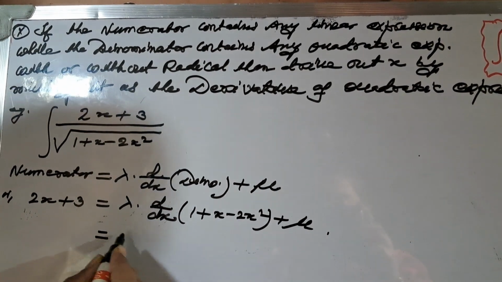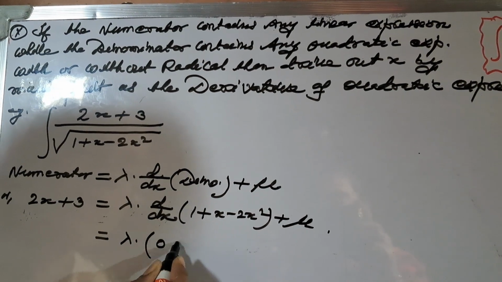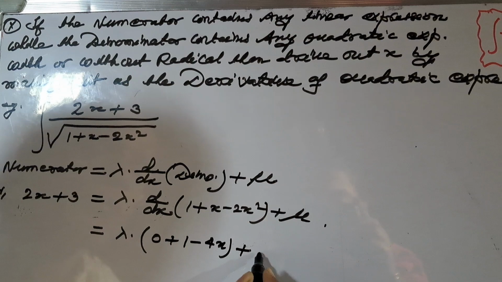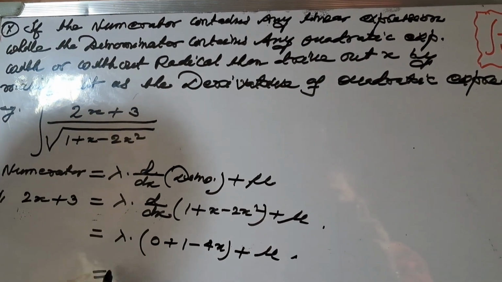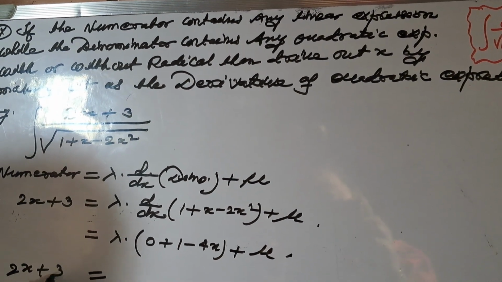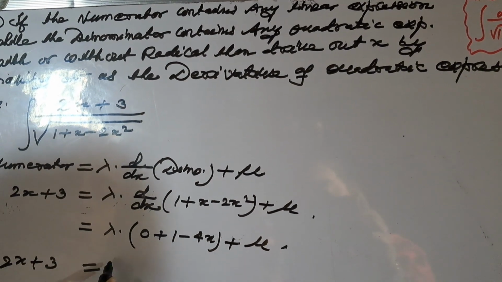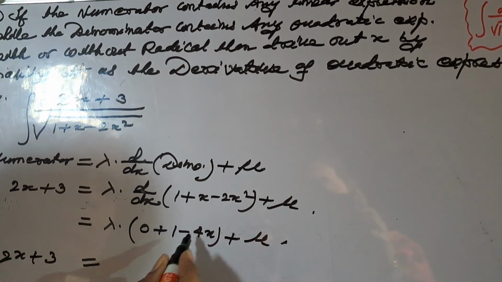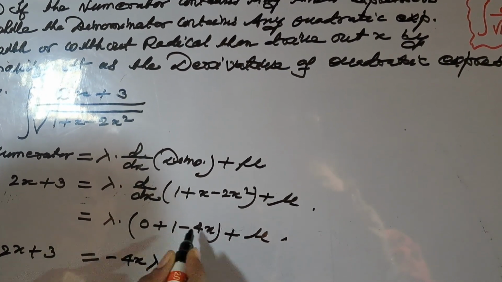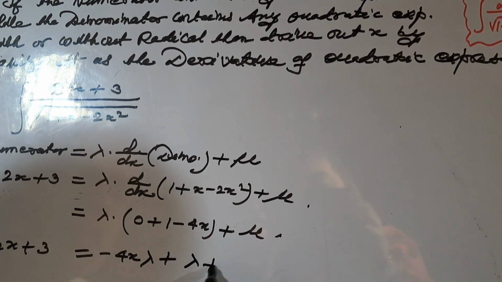Then this will be lambda into the derivative, 1 is 0 and this is 1 minus 4x, plus mu. And this will be lambda 2x plus 3 is equal to lambda, this becomes, as we shall multiply it, minus 4x lambda plus mu,